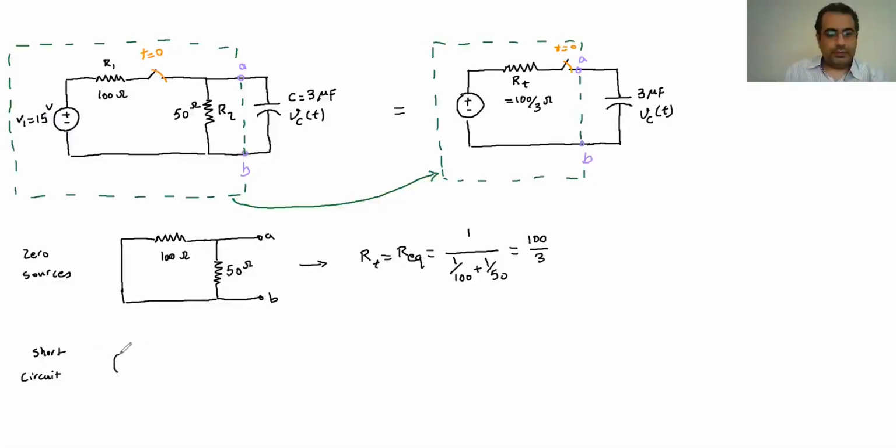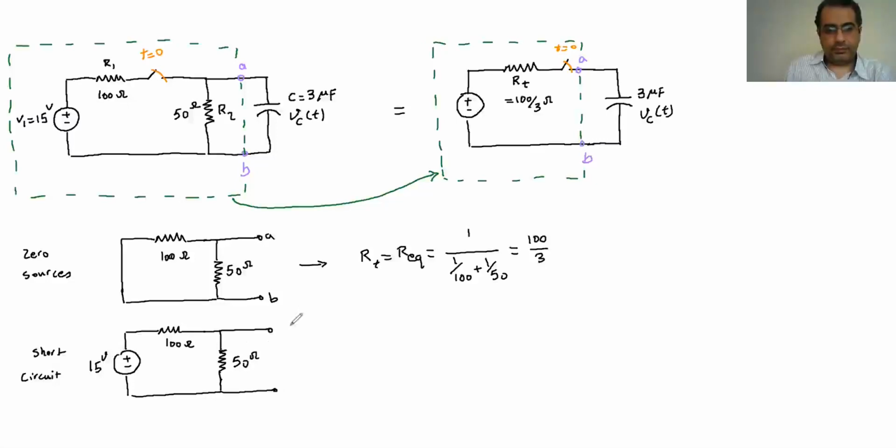So we have the 15 volts here, and then we have that 100 ohm here, and then we have that 15 ohm here, and then we have the A and B,